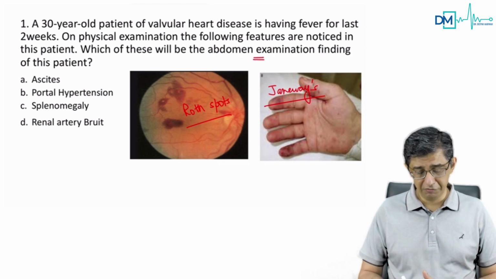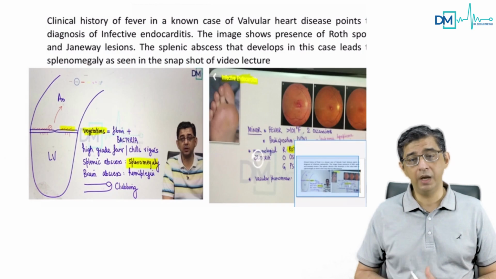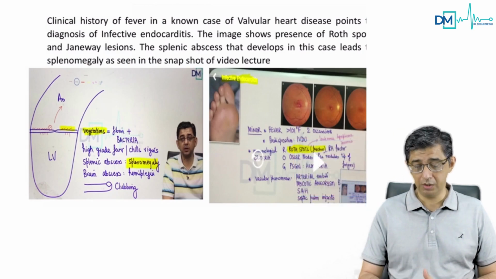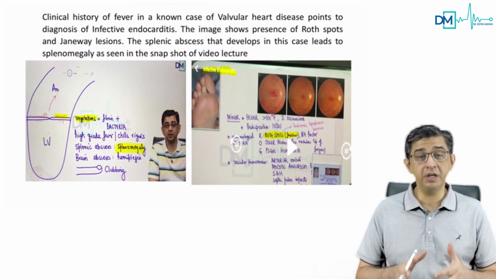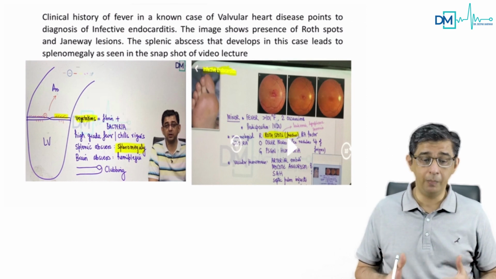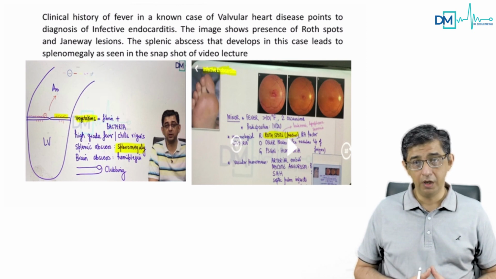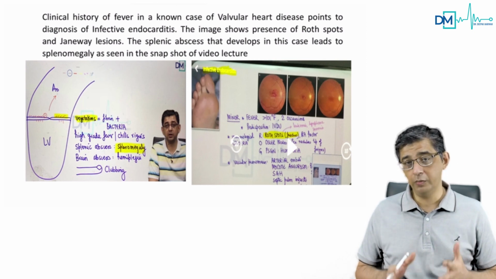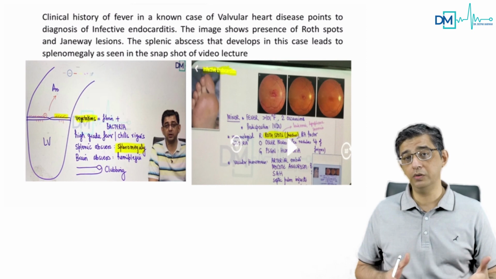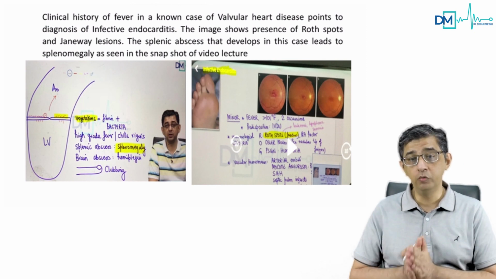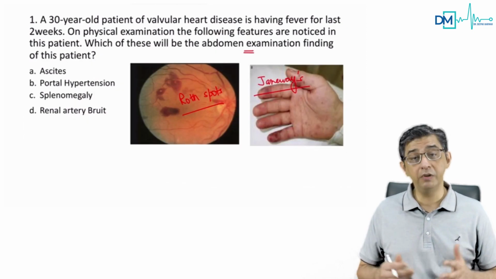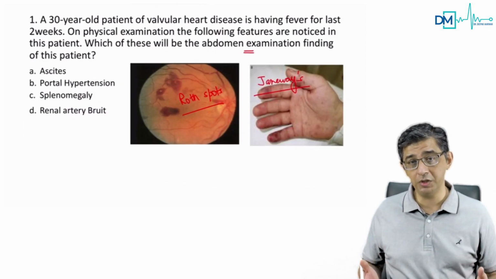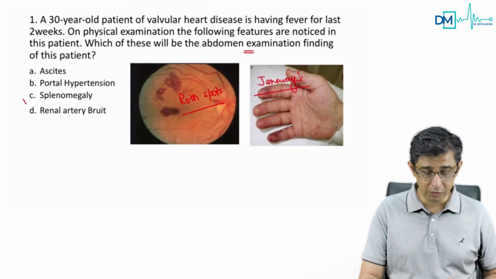You know this very well, and I'll show a snapshot from the medicine app. You can see that in the FMG section, in the infective endocarditis component, I've highlighted the fact that there would be vegetations, or millions and trillions of bacteria growing on the surface of the valve. A large number of these bacteria will be embolizing out of the heart towards the spleen, and you would have a splenic abscess. And there you have it. If you have a splenic abscess, what will it cause? An enlarged spleen in the patient, which contributes to the development of splenomegaly.